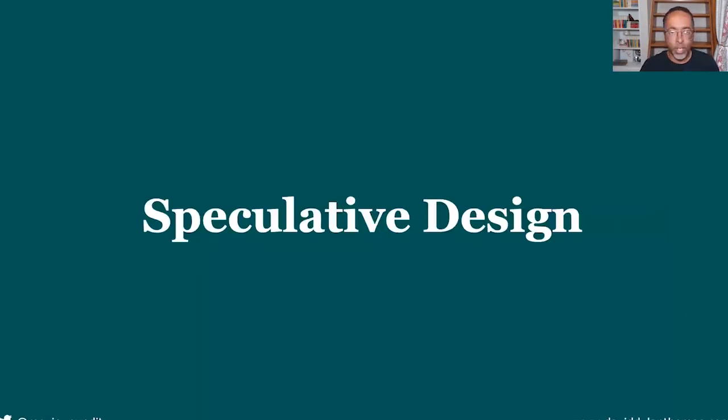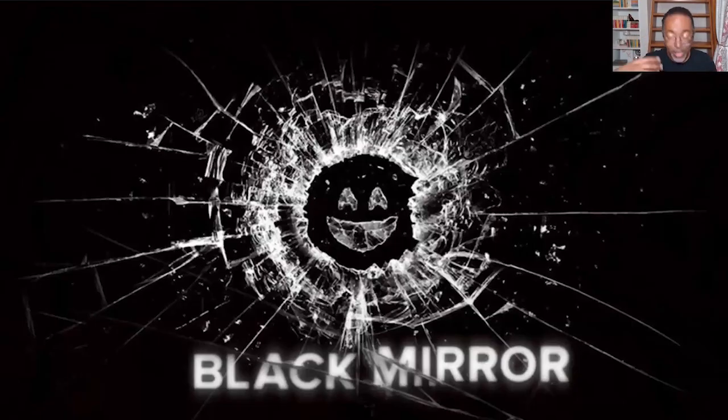Now, a good tool for thinking about the unhappy path is speculative design. And you can see it play out in the show Black Mirror, which if you haven't seen it, it's kind of a Twilight Zone for tech. You take some near future technology and you tell a story about what would happen if real human beings got their hands on it. And the result is always horrible. I think anybody working on a new technology should by law have to write a Black Mirror episode about it first. But this is a real job.